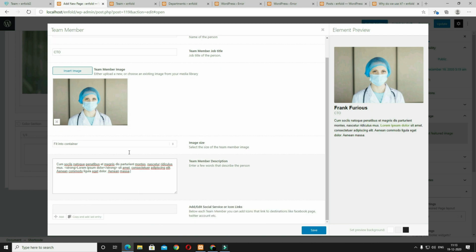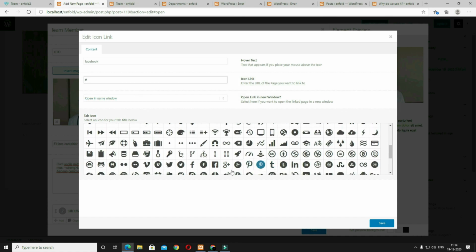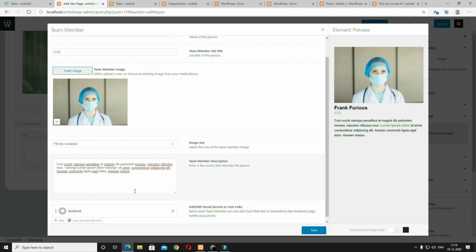And after that, if you want to add the social media icon, I already told how to do it. First of all, you have to give the name, like here I am giving the name as Facebook. After that, here you have to enter the link of the Facebook for the particular person. Here I am giving the empty link. Next you have to choose the Facebook icon like that. In similar manner, you have to add all the social media icons. It's a dummy project, so I'm not going to add all. Just click in the save option.